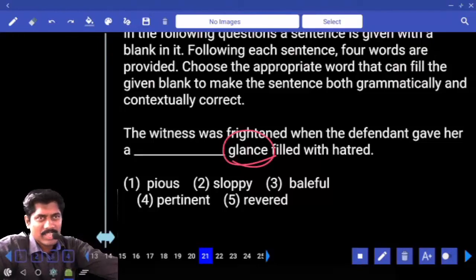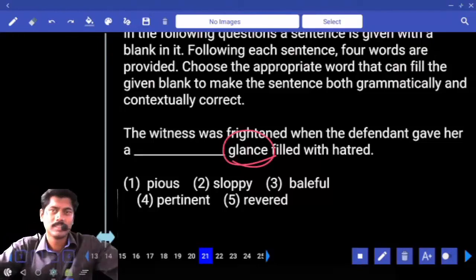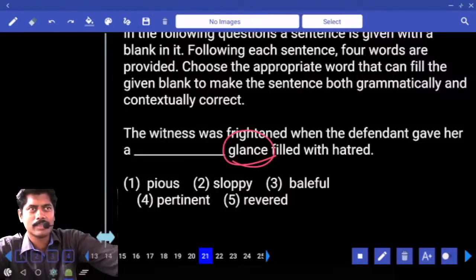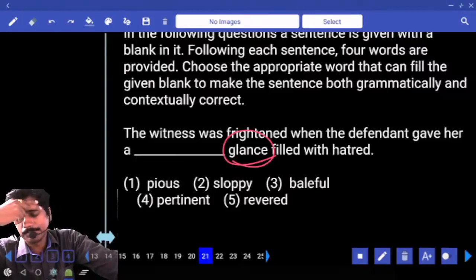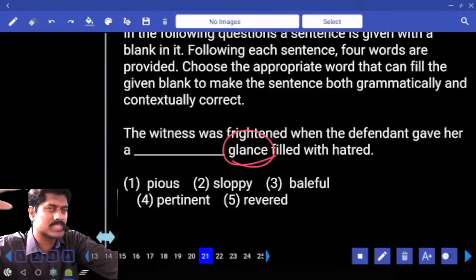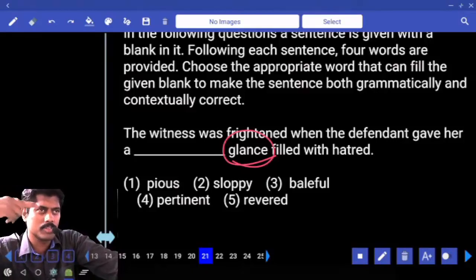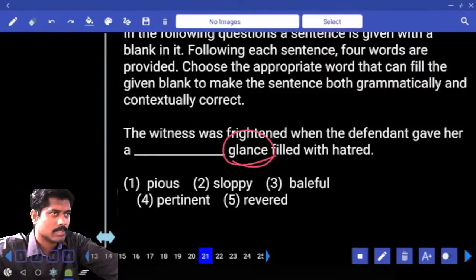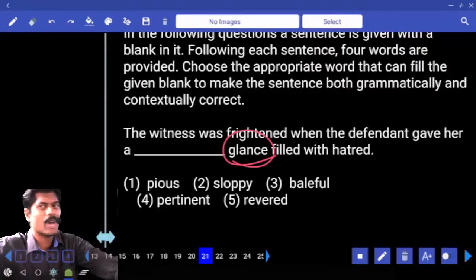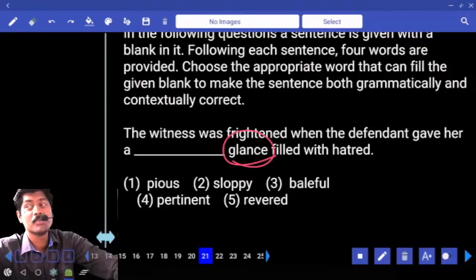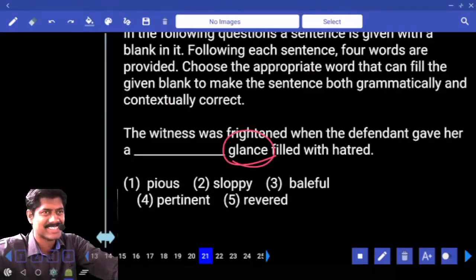Woman, your neighbor is wearing a nice dress and you don't like her. Already you had some bitter war of sights. Already you fought with her with your eyesight. Not verbal war, only with eyesight. There was a war later on. She wore a nice dress and came. And how do you give a glance? Your neighbor said, look at her nice dress. How do you give the glance? How do you look at that dress?